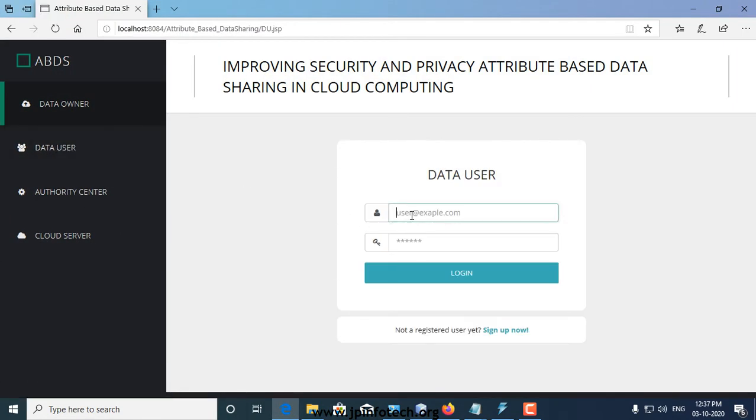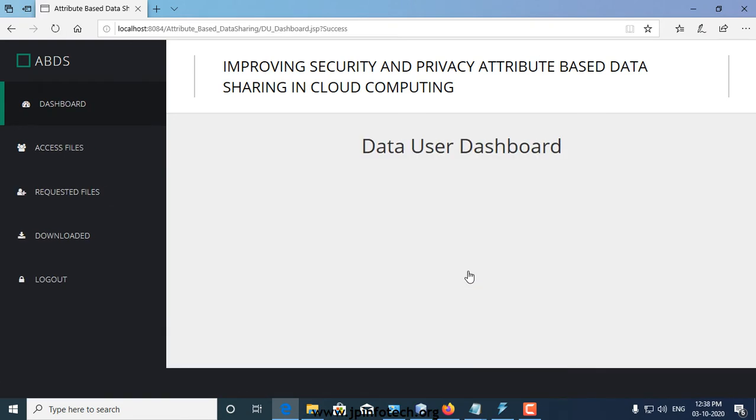Now we are going to log in as nurse. Success, data user dashboard.